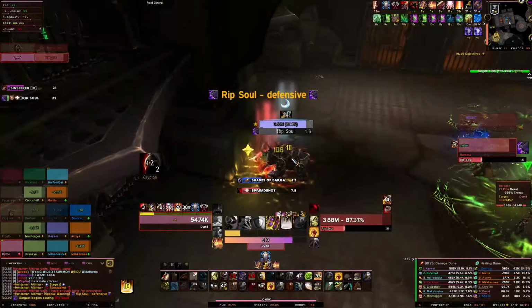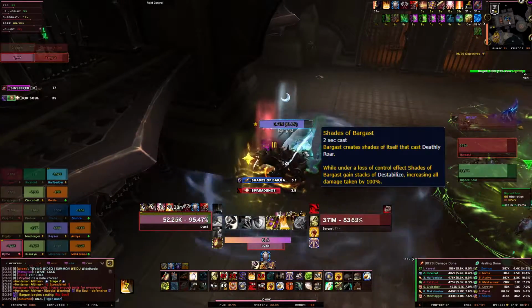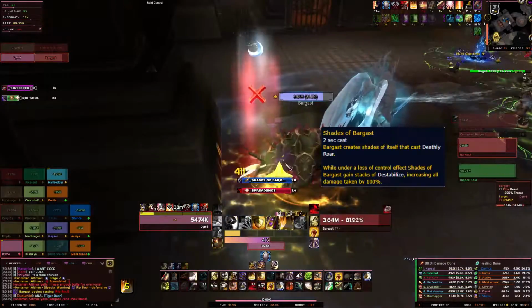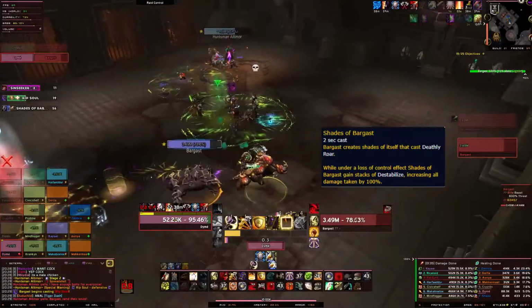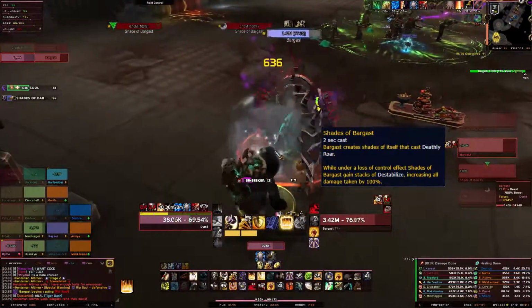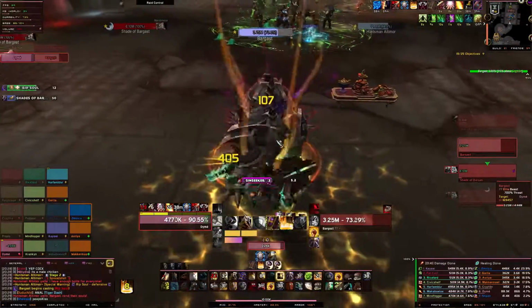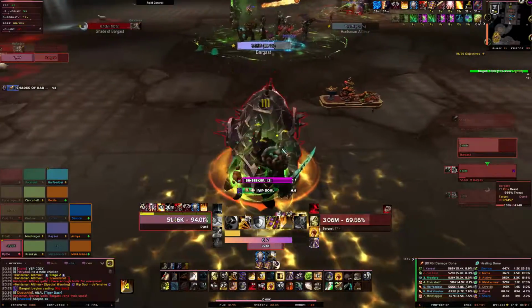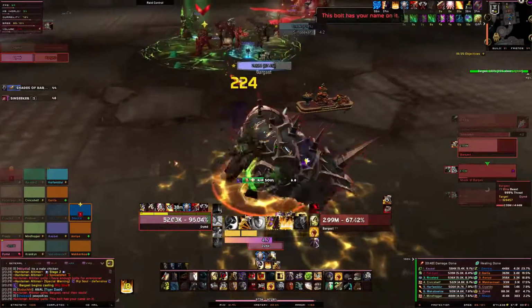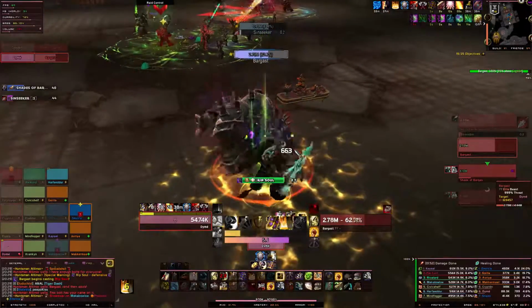And the second mechanic that we have to look out for in the second phase are the Shades of Barghast. Basically what we did is we stacked him up against a pillar, or one of the sides of the room. And when he cast Shades of Barghast, we had 2 mages polymorph the shades, and I would move from the side of the room to the door until those ads were ready to be killed. When those ads were ready to start being killed, I'd head back over to that position in case we spawn the second one,